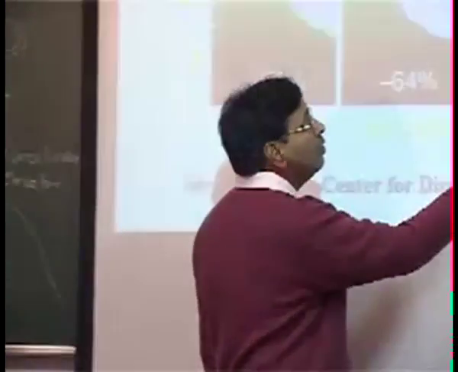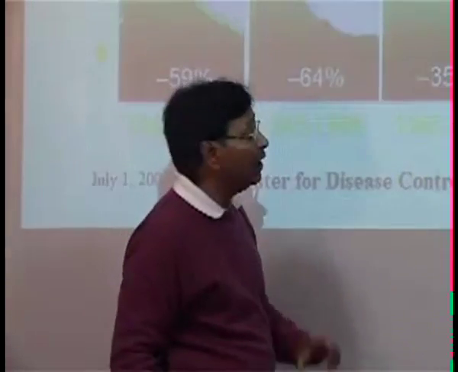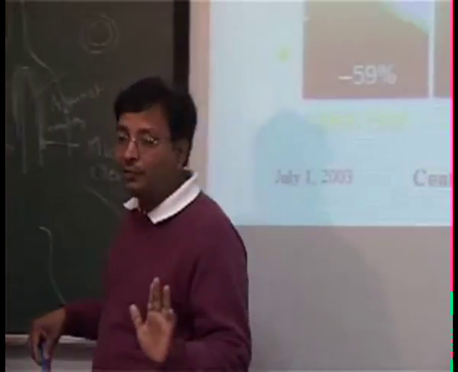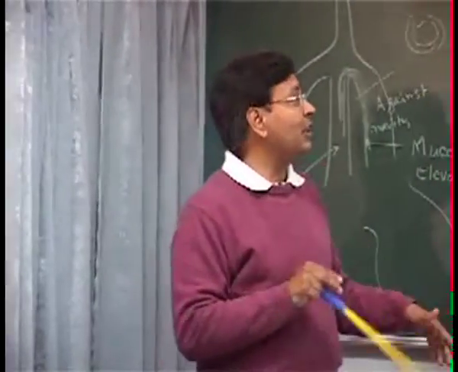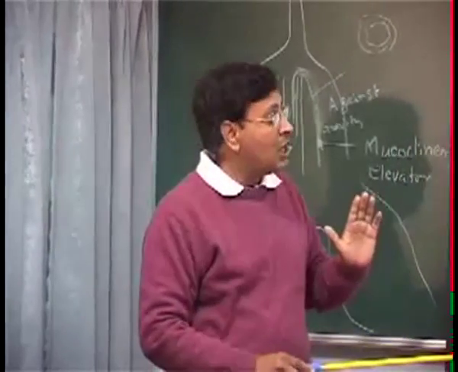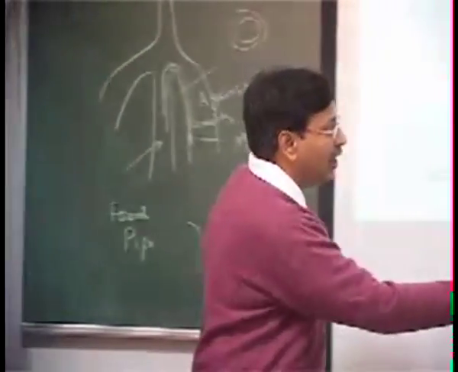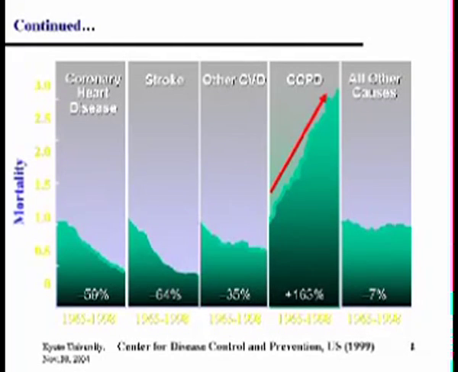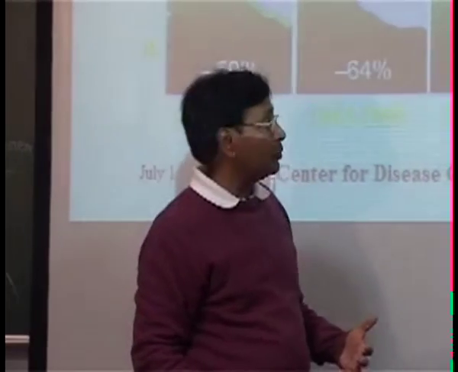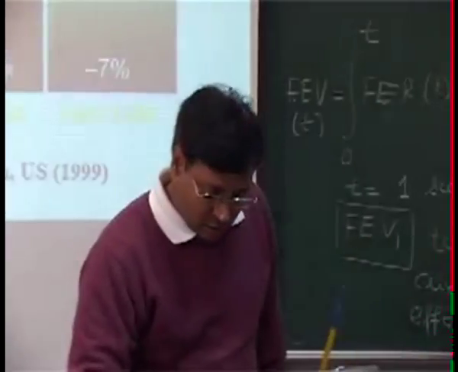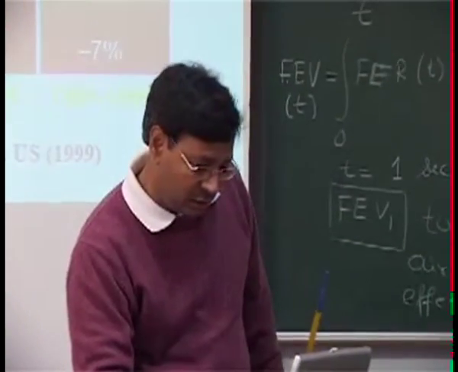So you see how important this is. I'm not talking about the number of deaths. Don't misunderstand that I'm talking about the number of deaths. The cause of death is this. We are saying the increase, compared from 1965 to 1980, so their COPD is on the rise. So this can be attributed largely either to smoking or to the air pollution issues. So this is on the rise.